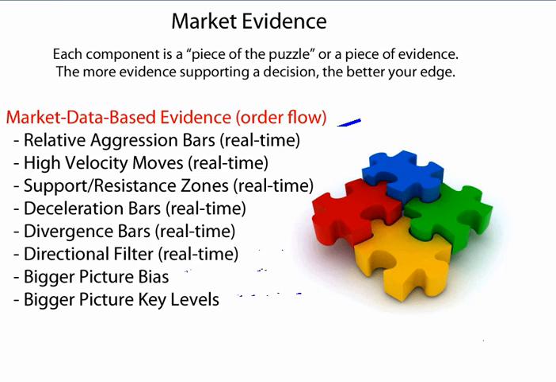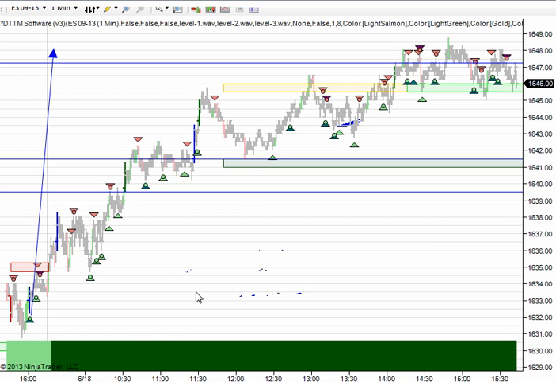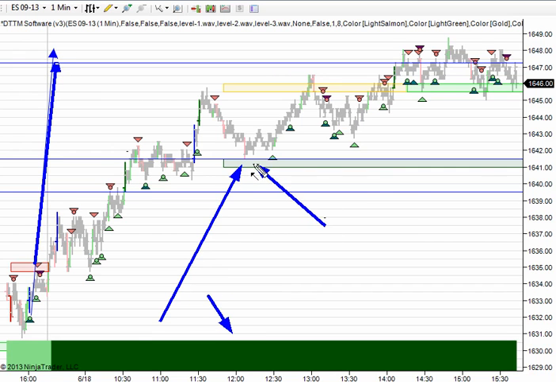Okay, so again, if we break this down, right in this area right here, filter's green, bigger picture bias is up. Here's a support zone, this green box right here. This 41.50 area, this blue line, is an area that we would expect to be support once we get above it. So everything's really lining up to take a long trade right in here,